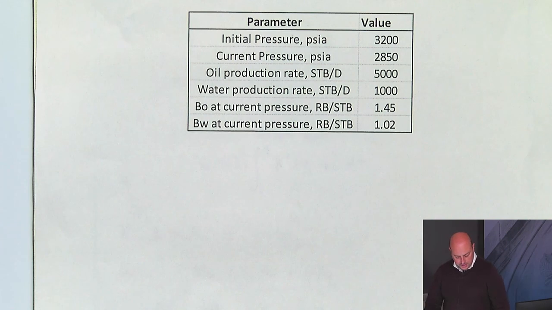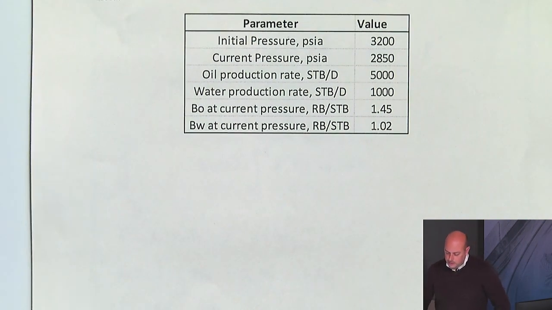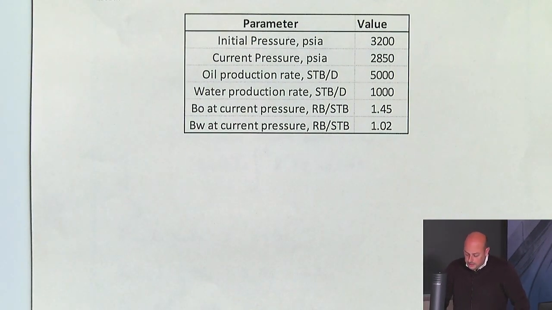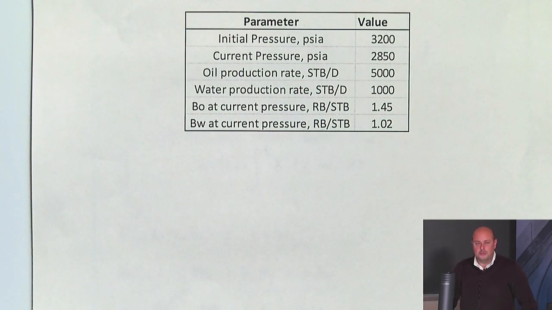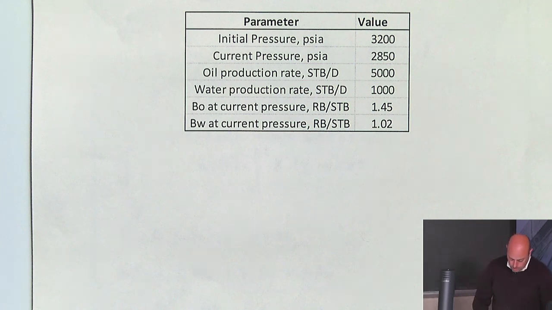This is a relatively simple example. We have a field with properties and production data given in Table 1 right here, maintaining a constant pressure above the bubble point, so that means we're undersaturated, as a result of an aquifer influx support. Use these data to determine the Schilthuis steady state aquifer influx constant, that's K prime. Okay, so we know that